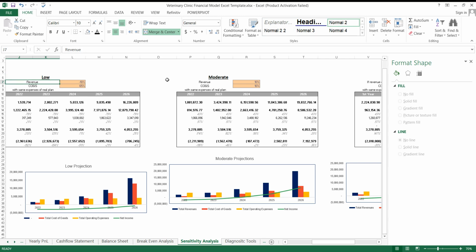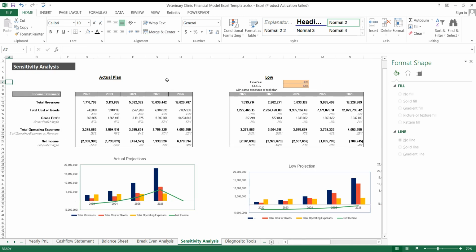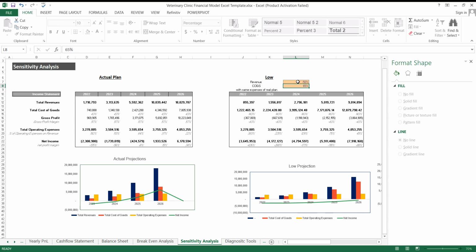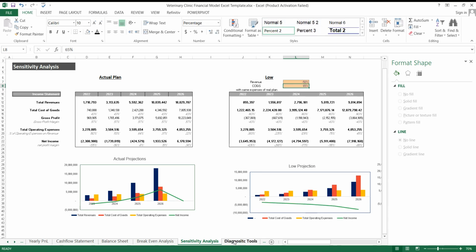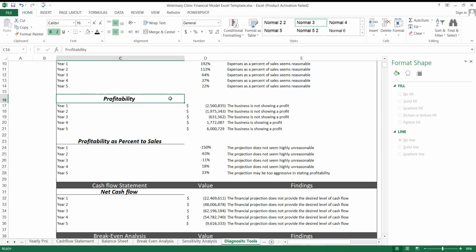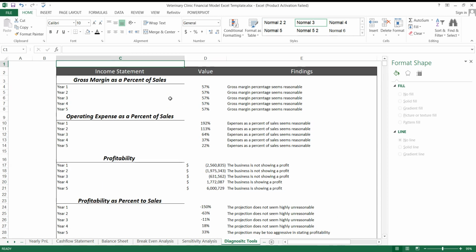The revenue and income generated through these scenarios can change depending on these rates. For instance, if I do minus 50 over here, all of these figures change and the graph would change as well. The diagnostic tools sheet gives the different